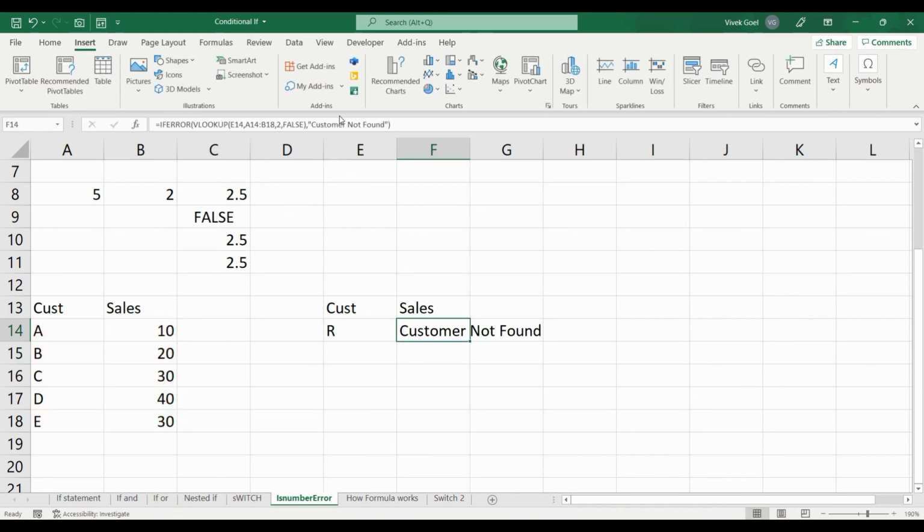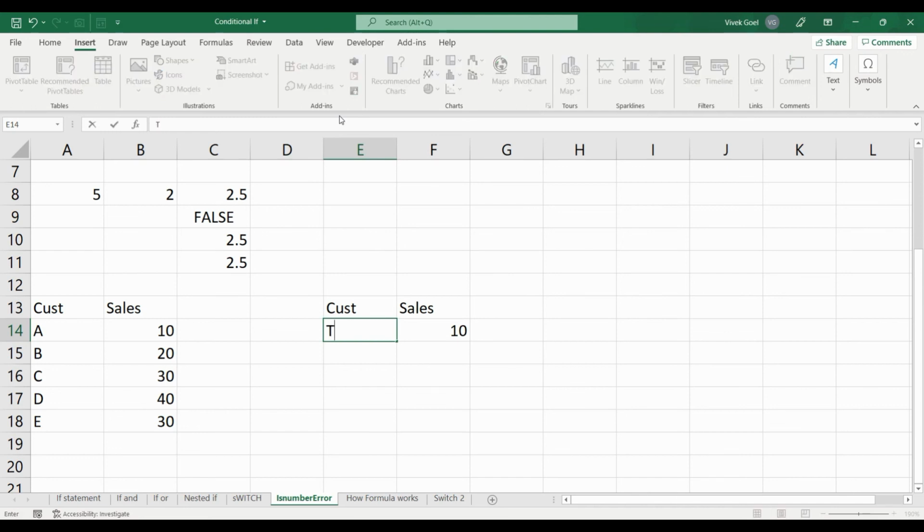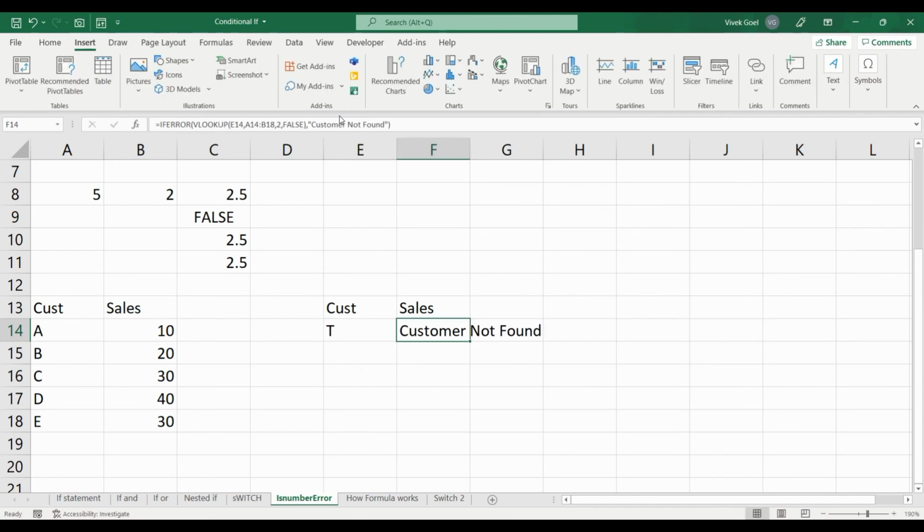Now instead of getting an error, we are getting a meaningful message as our output, which is the main purpose of the ifError functions. Verify if the value or formula has an issue and instead display a meaningful message. Hopefully this clarifies all your doubts related to isError or ifError functions.